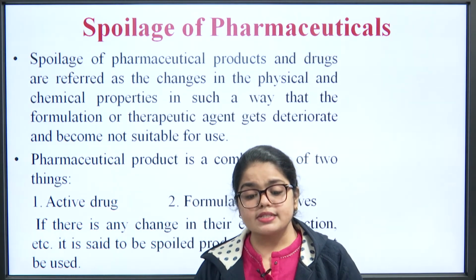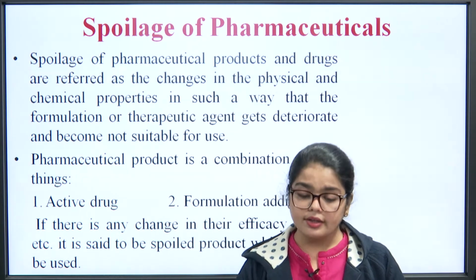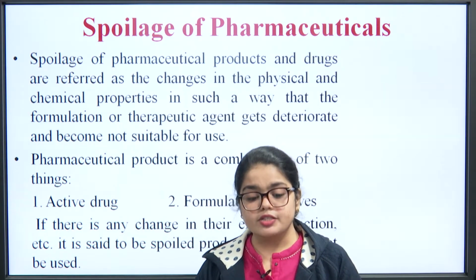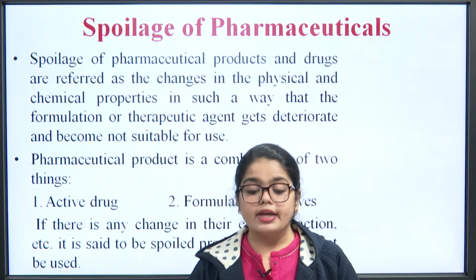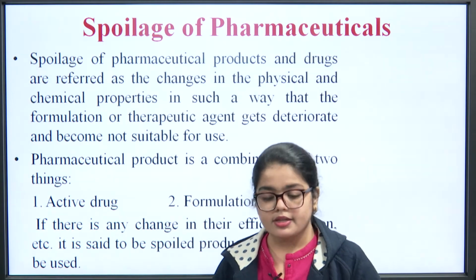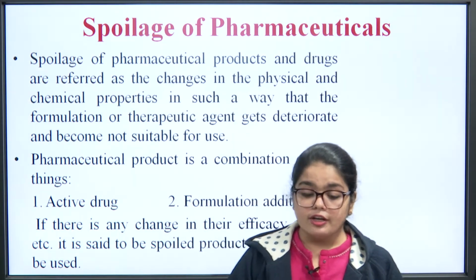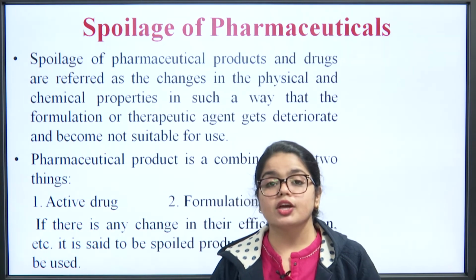So, it says about the spoilage of pharmaceuticals. Spoilage of pharmaceutical products or drugs refers to changes in the physical and chemical properties in such a way that the formulation or the therapeutic agent gets deteriorated and becomes not suitable for the use of human beings. Why is it very difficult for us to determine, or why do we have to check for spoilage? Because